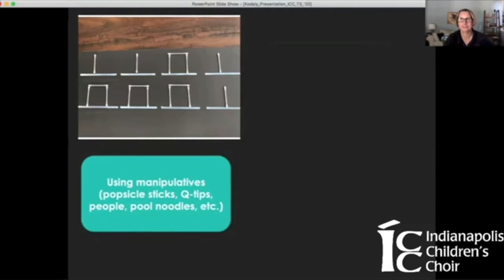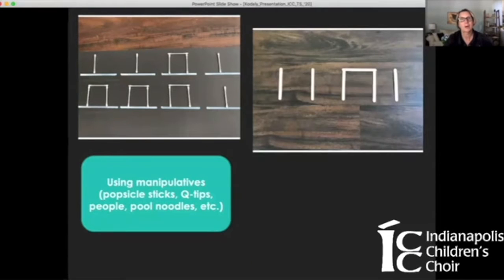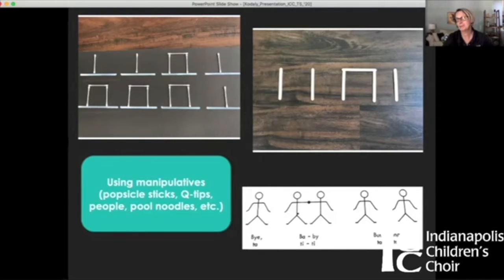with manipulatives, things that the students can actually grasp and play with. We certainly have always used popsicle sticks. We can use Q-tips. You can use people to show the actual duration, the rhythm of that. Starting with 4 standing next to each other, and then identifying who has 2 sounds, and then giving them a friend, and eventually showing the rhythm. Pool noodles work, rhythm sticks work, anything that will work with your children to give them an opportunity to manipulate and to reinforce those.